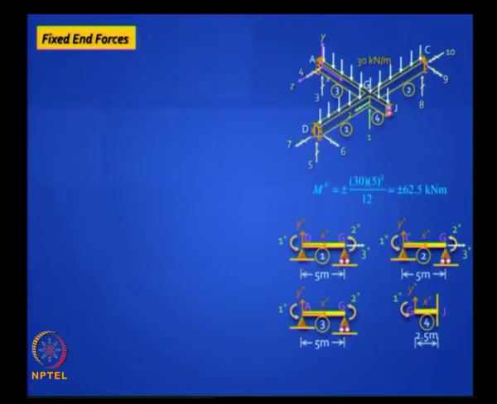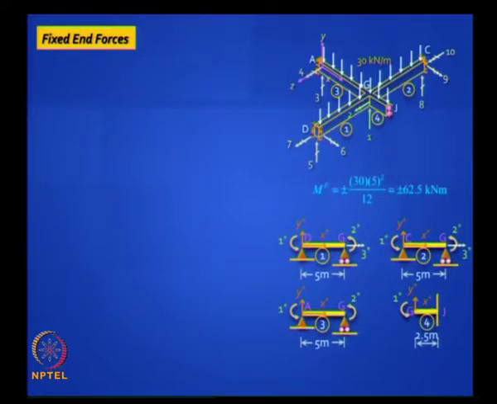So next is fixed end forces. Luckily for you, all the beams are having a span of 5 meter, and the loading is the same, 30 kilonewton per meter, right? So the fixed end moment is plus or minus 30 into 5 squared by 12, which turns out to be